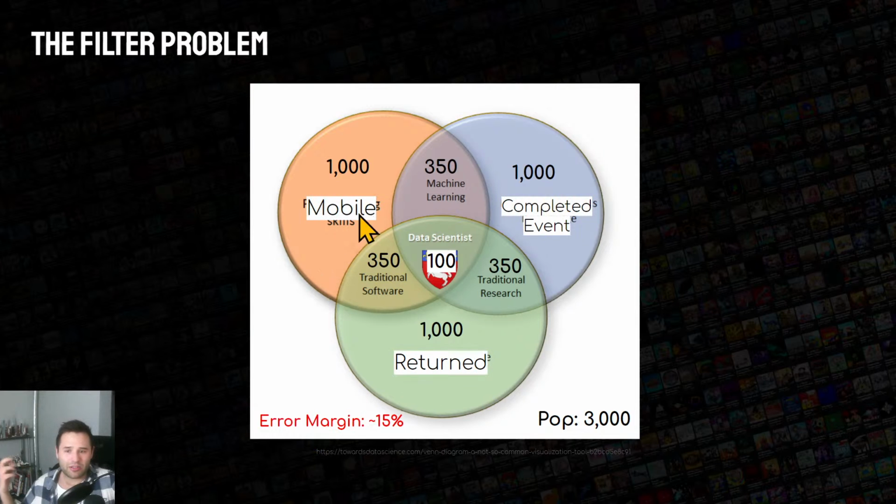Now let's swap these out with real life game terms: someone returning, a person who uses mobile, and a person who completed an event in your game. These are three different groups, and you can imagine how a returning user who completed a certain event could dramatically skew which paths they take, because there are so many variables, so many things about their situation which could influence it. But for a population of 3,000, that audience, with a very important demographic that makes up a lot of people, can only really be represented with something that's like 3% of the audience size.